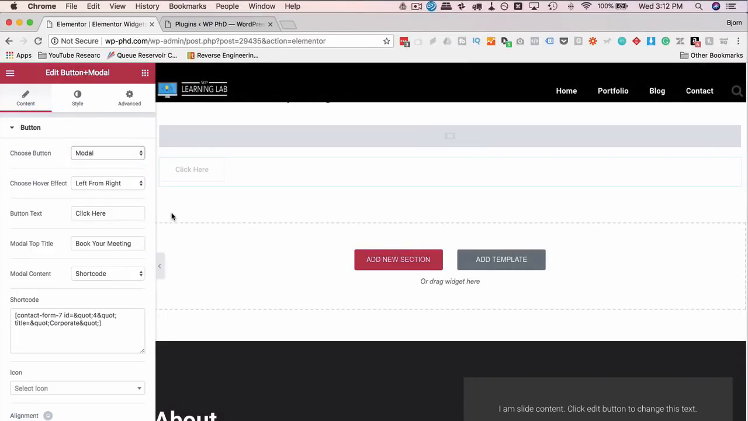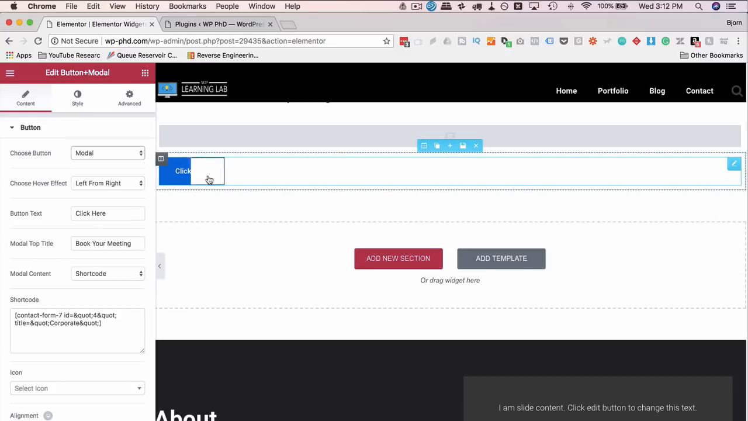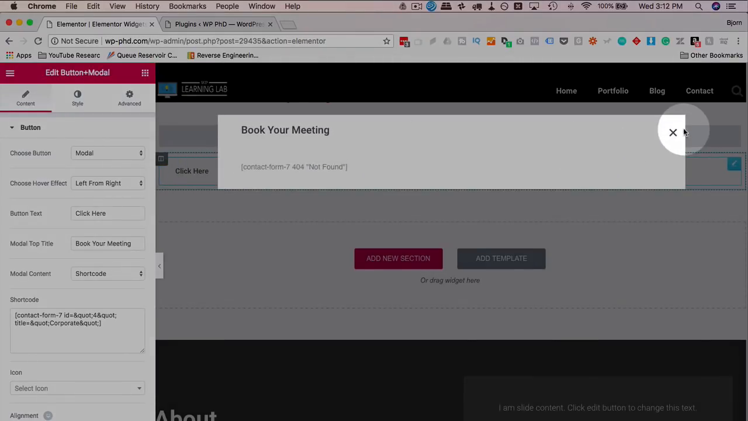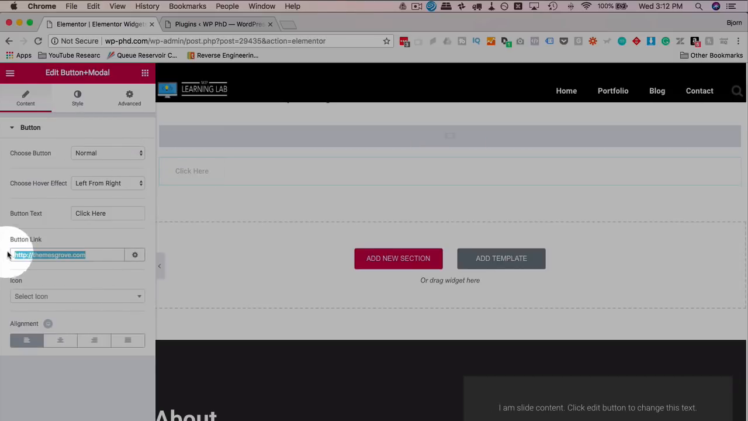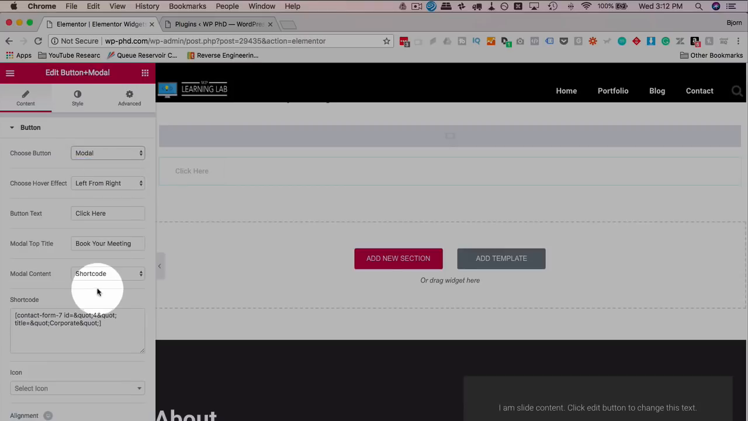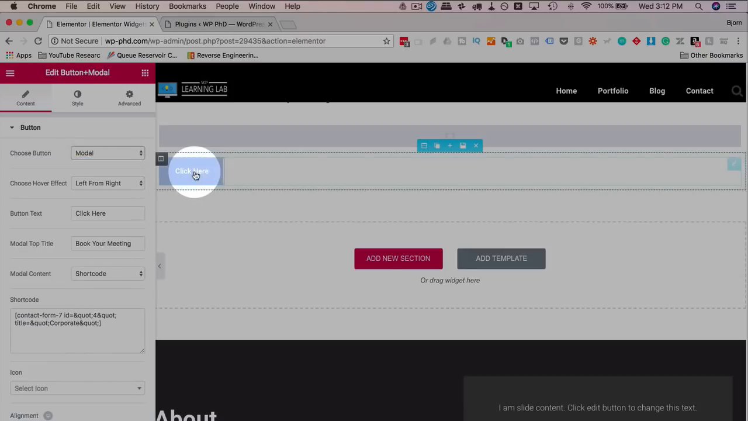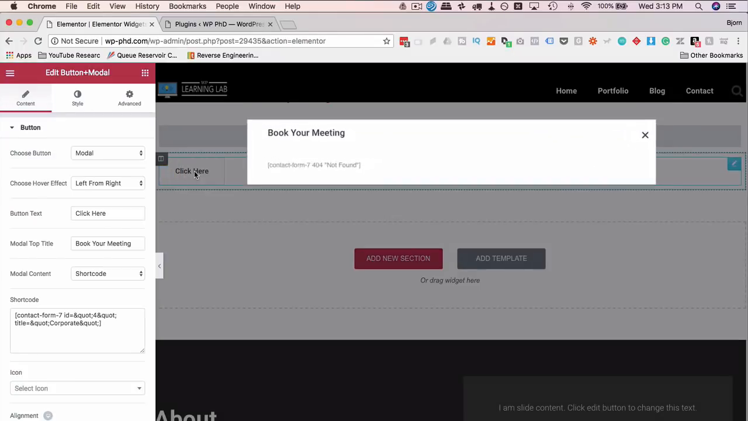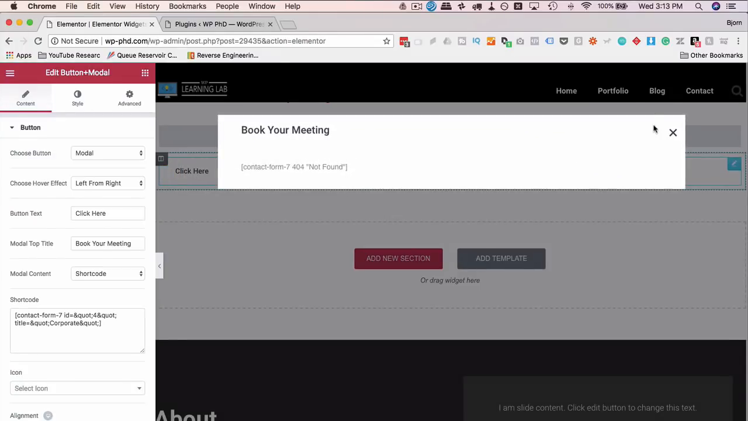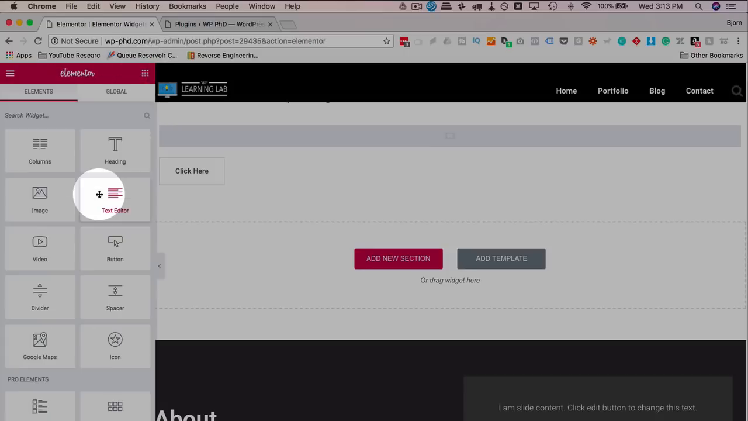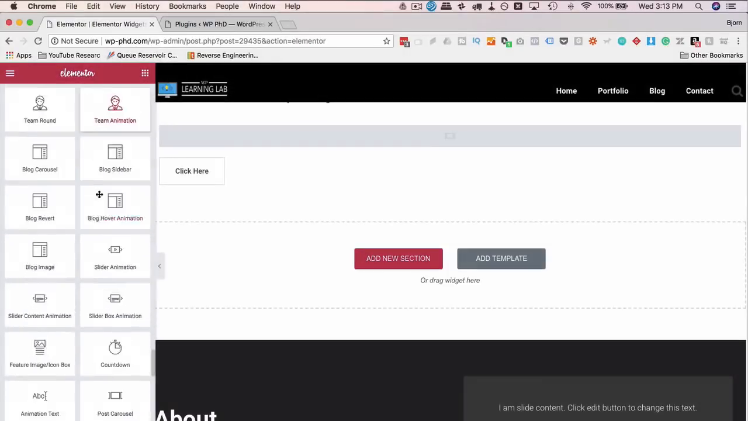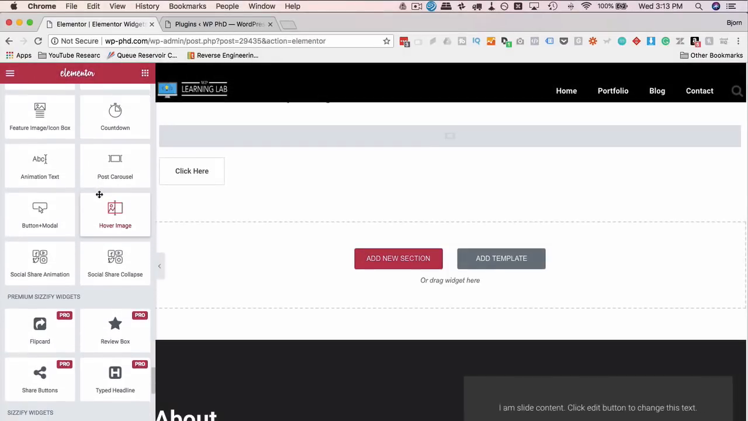A modal button. Let's see what that is. It opens a modal, as in a light box. It's pretty cool. The normal one, you probably add a link. Yeah, you add a link to the normal one. The modal one, you add a shortcode to appear in a modal or a pop-up box. So that's pretty neat. Inline pop-up. Let's add the next one, which is